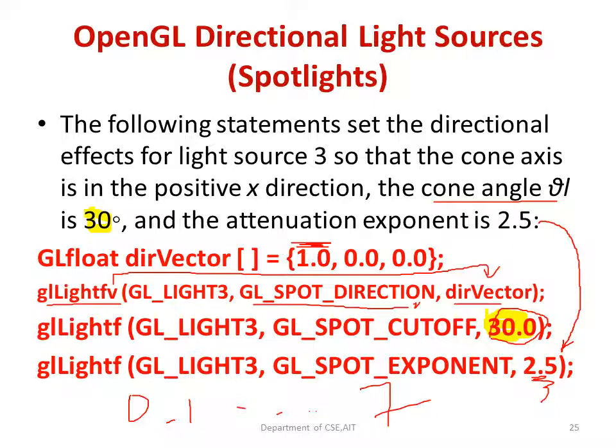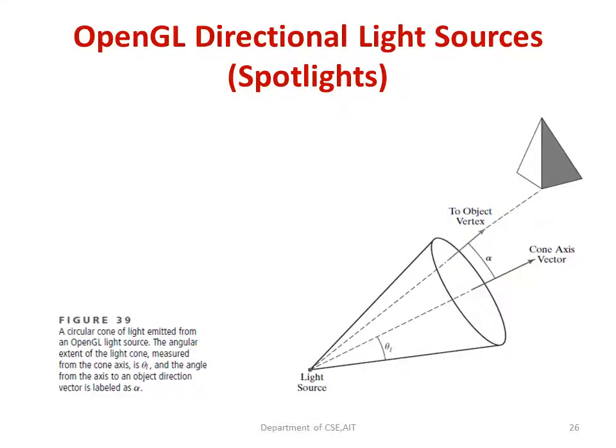glLightf means the third API, glLightf. For the same light, we are having the cutoff, that means only that range, that angle I am going to give, using 30 degrees. And the exponent value I want is given as 2.5. The only difference between glLight and glLightfv is that fv means we make use of a vector, and if there is no vector, we directly specify the values in the API itself. So this is the spotlight effect we can have on an object.